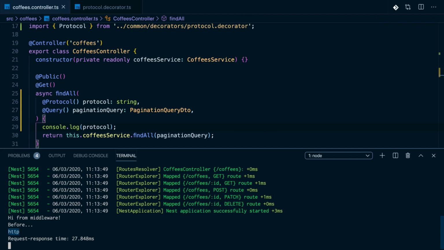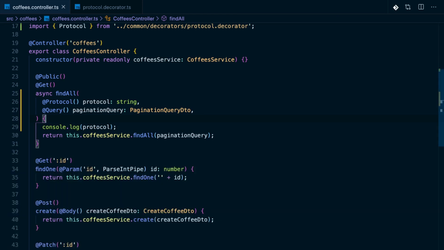Great, it works. We can also pass arguments to our custom decorators if needed. In this instance, our protocol decorator is fully stateless, so there's no reason to pass in any parameters since there's nothing to configure. However, in more sophisticated scenarios where the behavior of our decorator depends on different conditions, we can pass the data argument into them. For example,